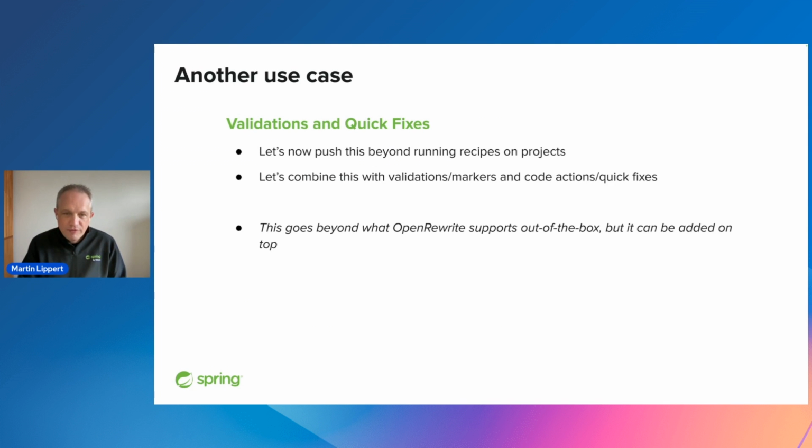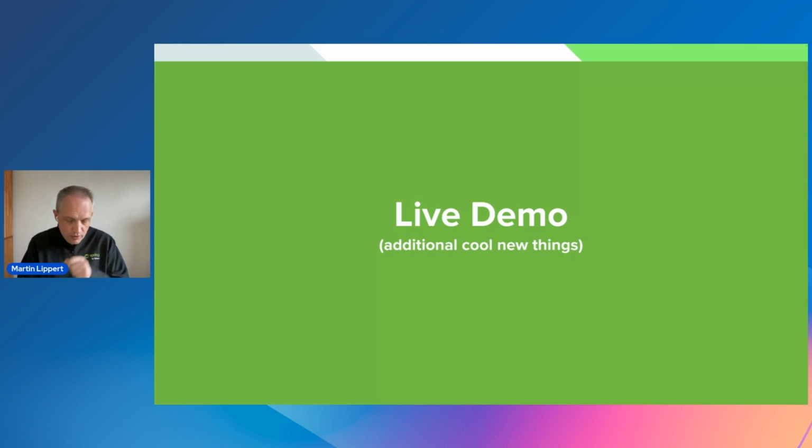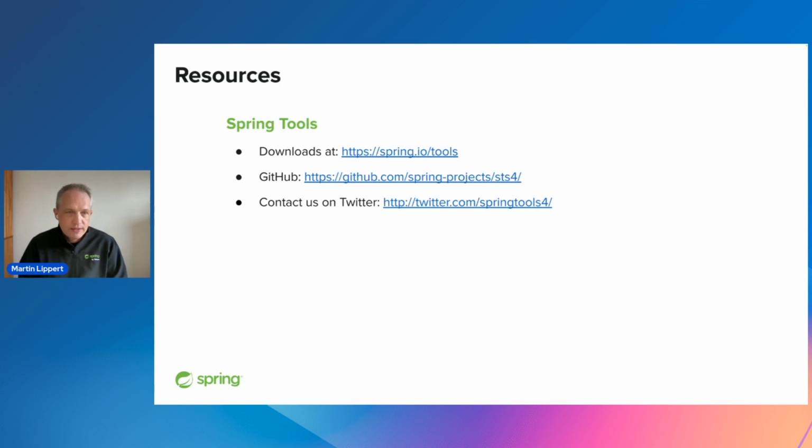And the stuff that you've seen for putting a validation onto the autowired and then having a quick fix to, for example, remove this unnecessary autowired, or to convert an autowired field into a constructor, is actually also using these little recipes from OpenRewrite under the hood to do the code change, which I think opens up the door for many of those quick fixes in the IDE, and describing them in a very easy way, which is, I think, very, very cool. So we really look forward to doing more of this in the future. We already saw the demo of the quick fixes, and with that, I would like to point you at additional